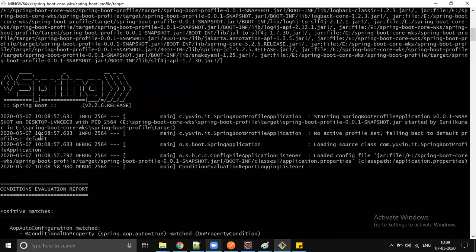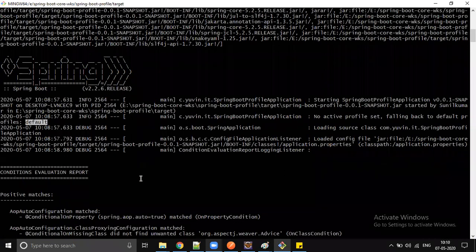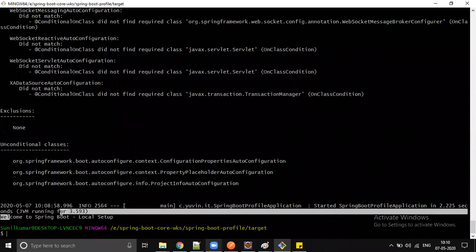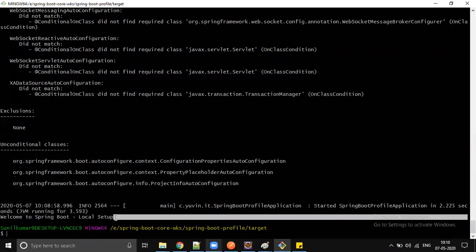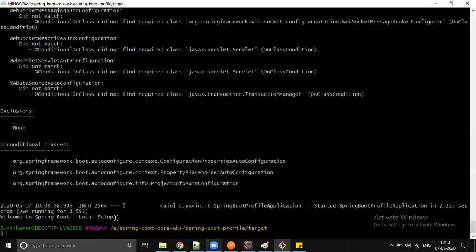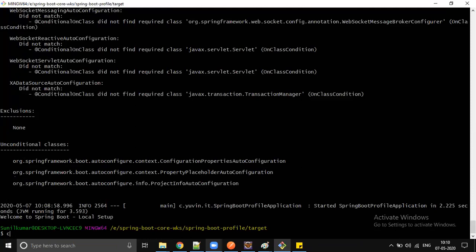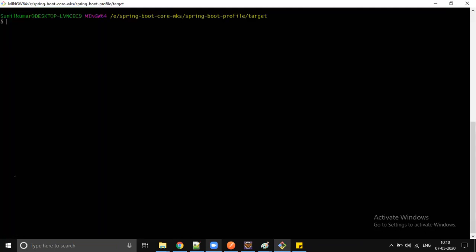Somewhere here, the default profile is default, and by default it's going to load the application.properties file, and you're going to get the messages printed from the application.properties file. It's clear to everybody, right? So with no profile active, only the default profile is used, and we are going to get the messages from the application.properties file. Now let's assume that we're going to deploy our code inside dev. Is it clear for everybody? Give me a yes.